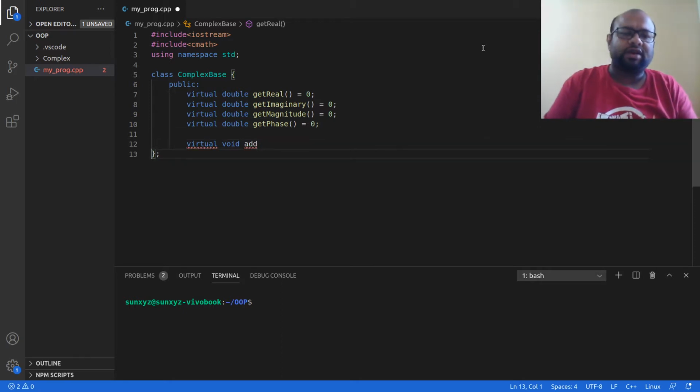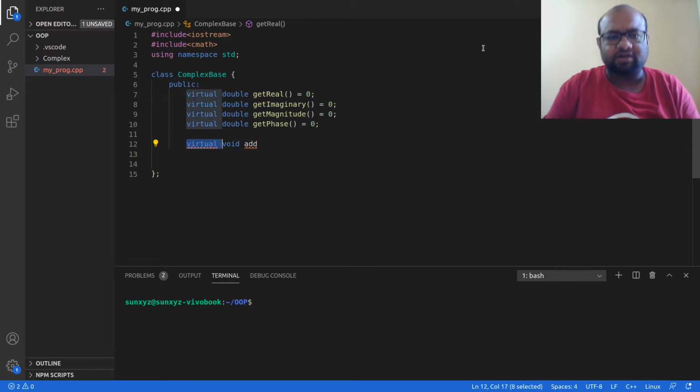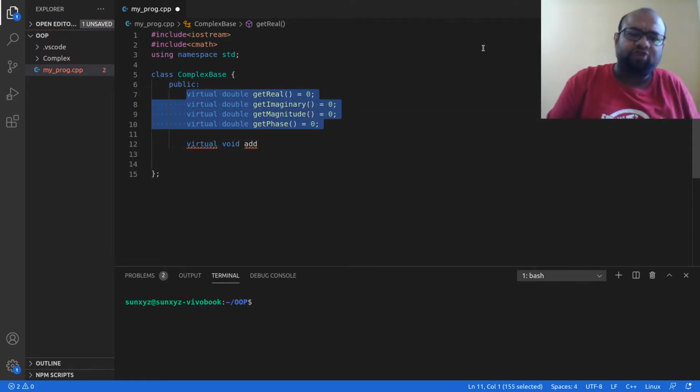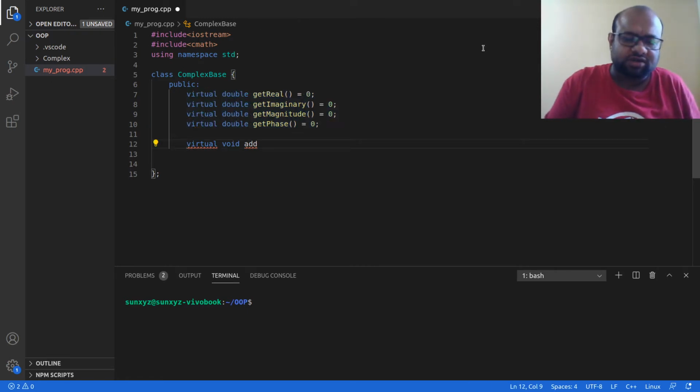Before I go ahead and write the prototype of this add function, let's talk a little bit about these four functions. All of these are pure virtual. How do I know these are pure virtual? I know these are pure virtual because there is no implementation, inside this class or outside this class, and then I write equal to 0.